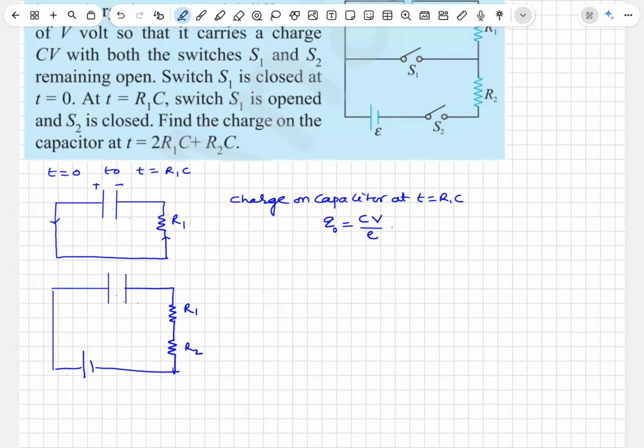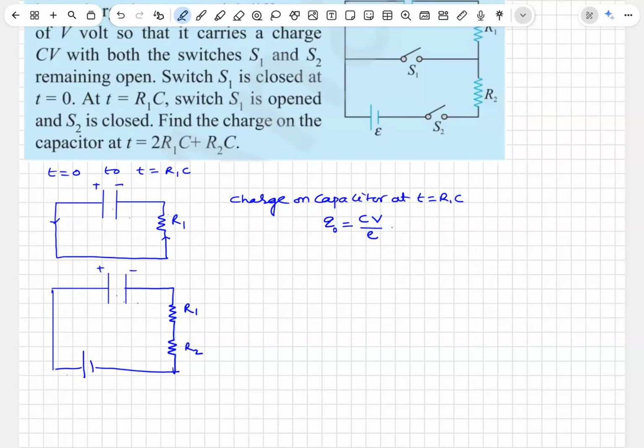How? Since the battery's positive plate is connected and the drop across the capacitor,